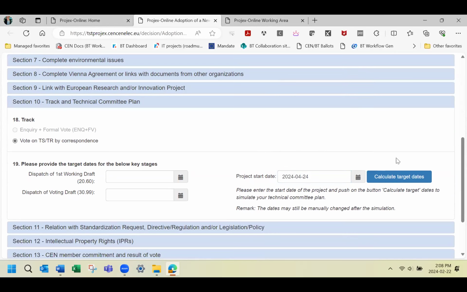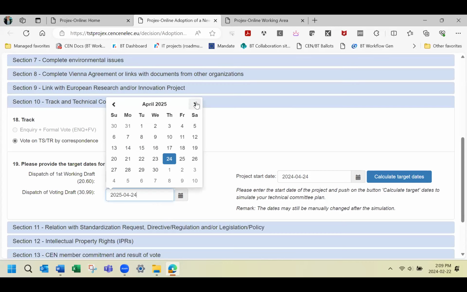Then I need to click on calculate target dates, and it will give me by default 52 weeks, so 1 year. But actually I want the target date for stage 3099 to be in 2026 and not in 2025, which is a new change.